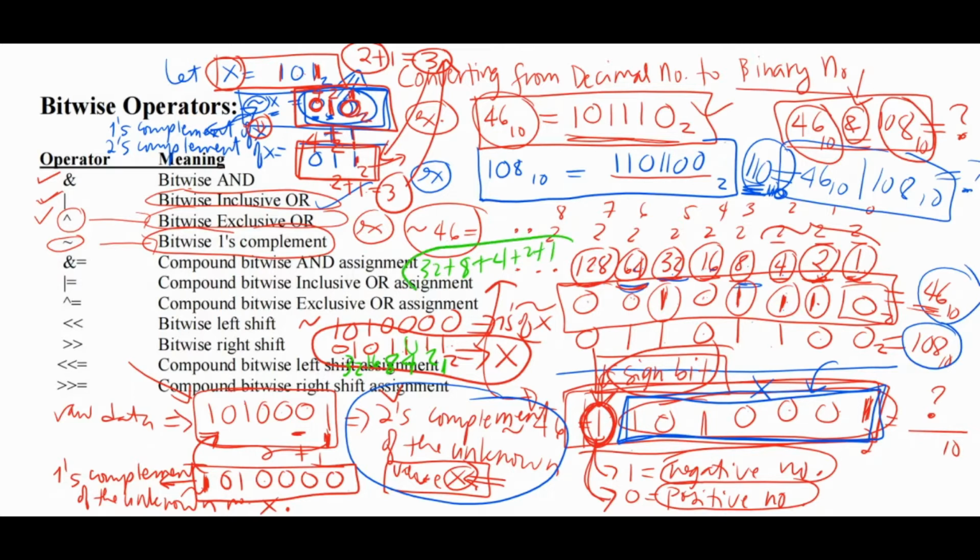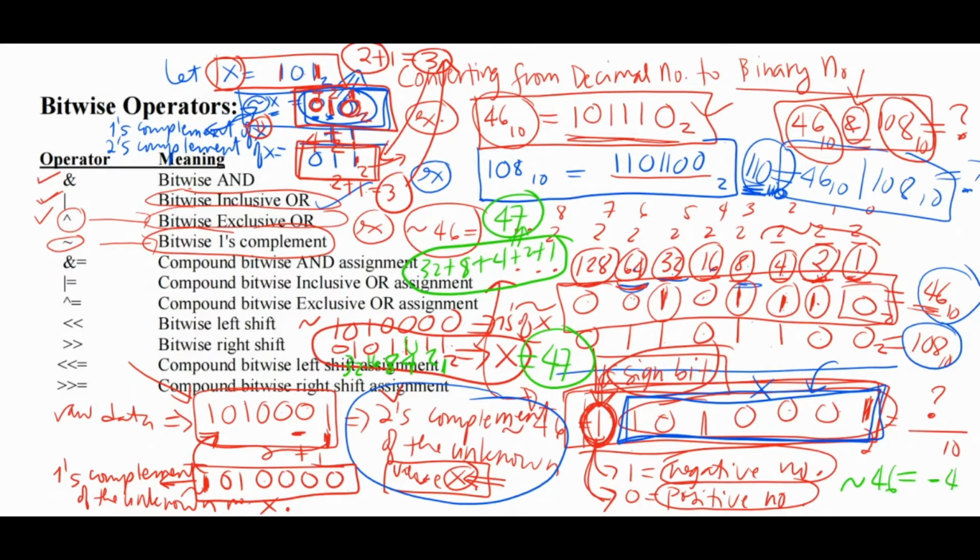So what is the sum of these numbers? It is equal to 47. Okay, so the sum of this is 47. Therefore, x is equal to 47. So the decimal value of not 46 is equal to